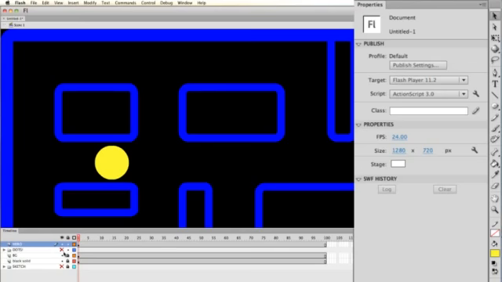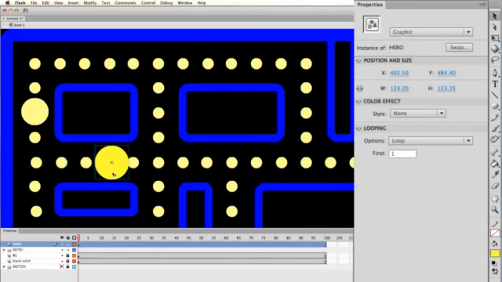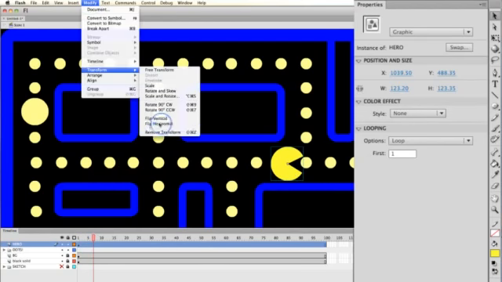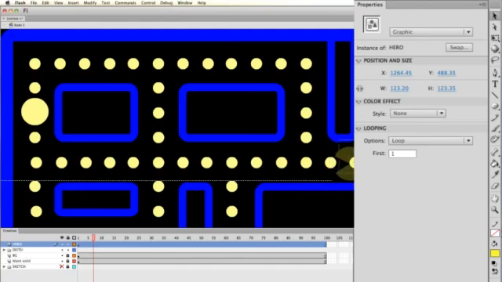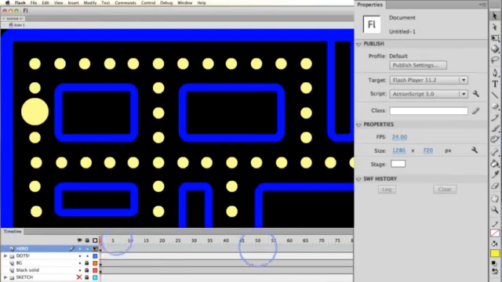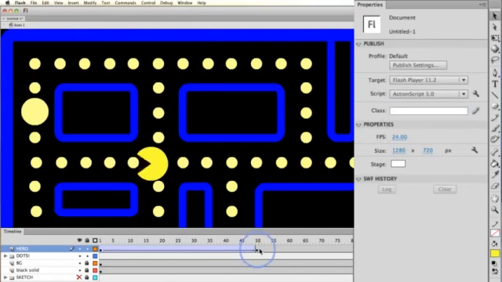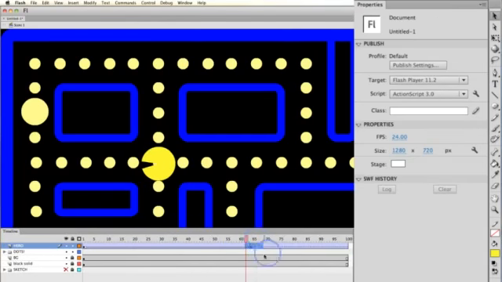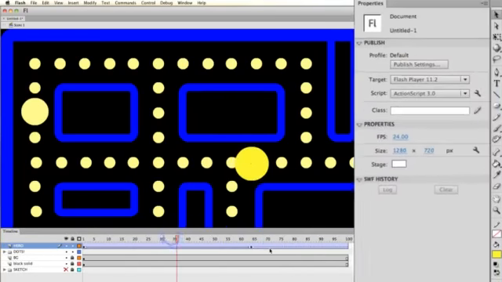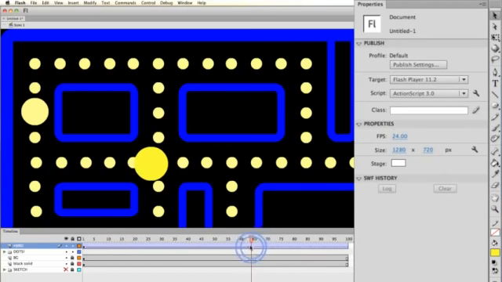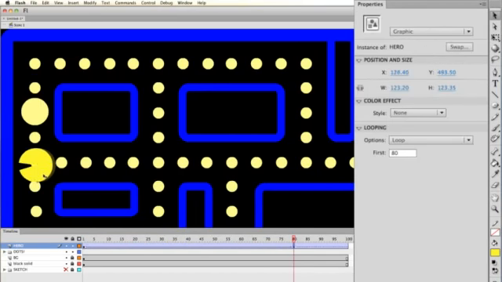Let's give ourselves some frames to work with. Pressing F5 to expand that timeline to 100. And now what I'll do is flip my character, and I'm going to nudge him off the stage and begin to create the animation. Pressing F6 to plant a keyframe on frame 50, and I'll move the character in, creating a classic tween. Now the character is translating across the scene,